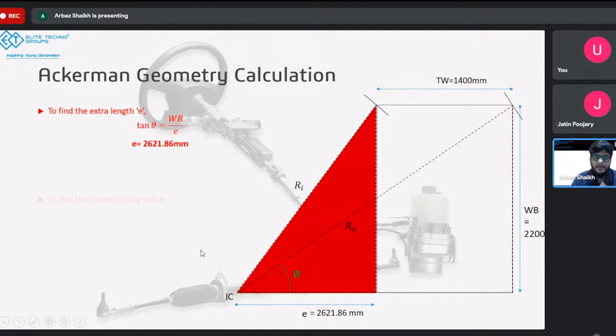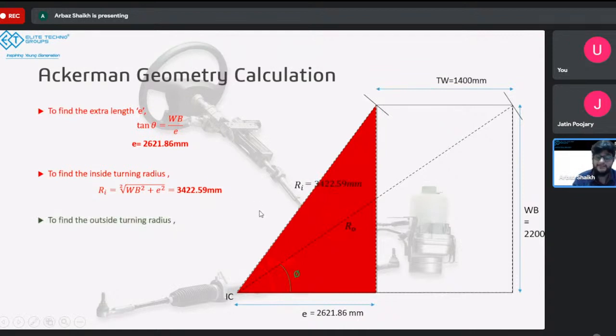Now, to calculate the Ri, so this length you have to calculate. Simply, we can apply the Pythagoras theorem, because Ri is the hypotenuse and the base of this triangle is E, and the perpendicular of this triangle is going to be WB again. So using this, we can apply the Pythagoras theorem and calculate the Ri to be 3422 mm, right? And once that is done,